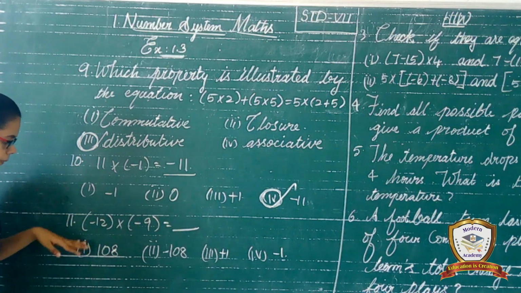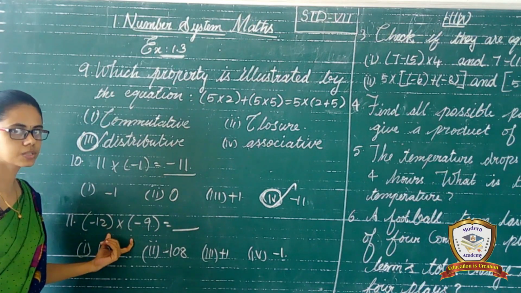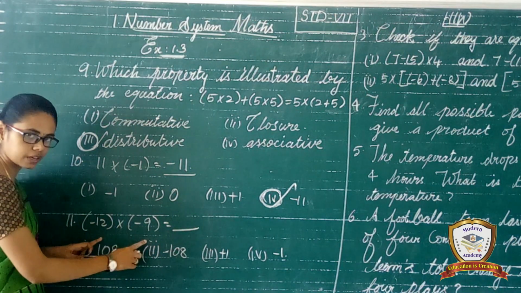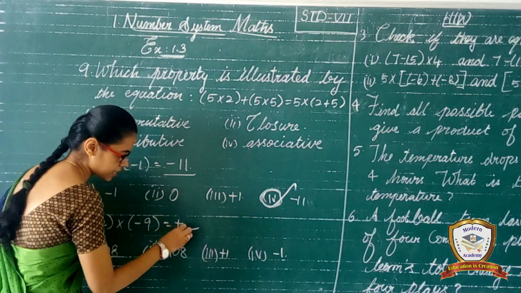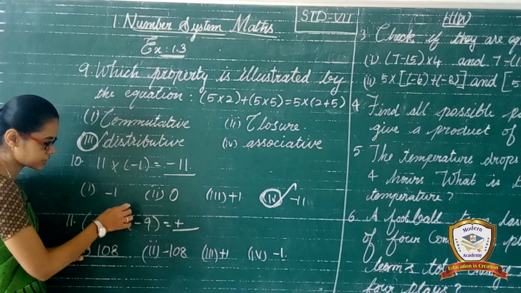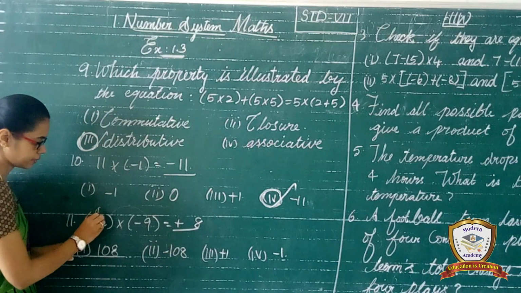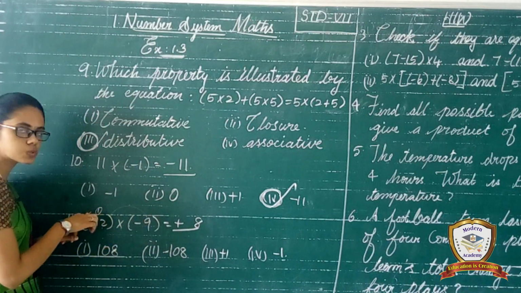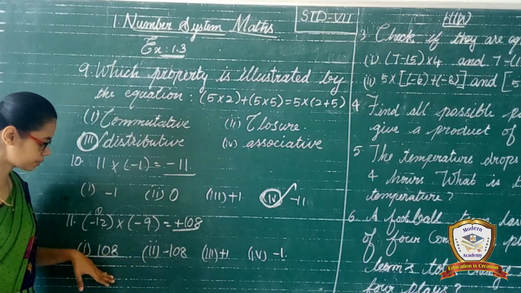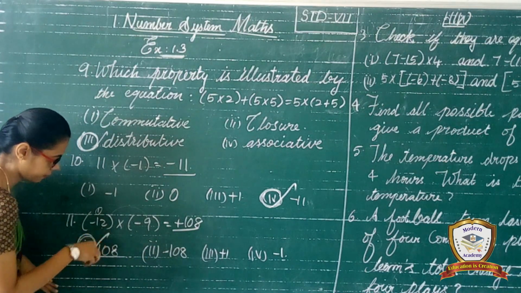Right? And next, the last one. 11th one. Minus 12 into minus 10. We have to multiply the numbers. First we have to identify the sign in our answer. See, in multiplication same sign means we have to mention the sign plus in our answer. Right? And 12 into 9. So what's the answer? First of all 9 2s are 18. So here 8, remaining 1, and 1 9s are 9. 9 plus 1, 10. So the answer is plus 108. So which option? Totally 4 options are given. So which option will come? First one. So the answer is the first one.